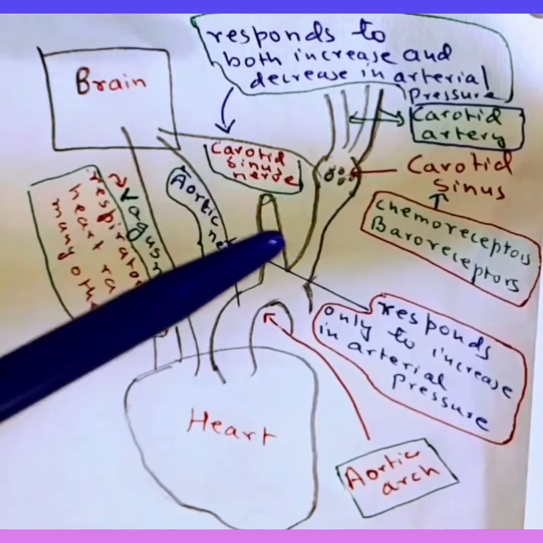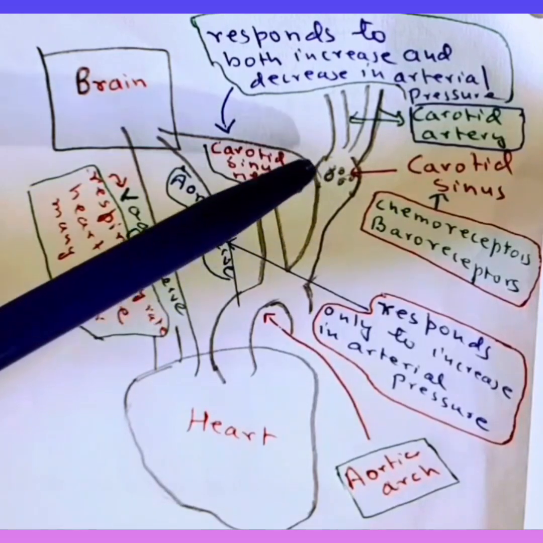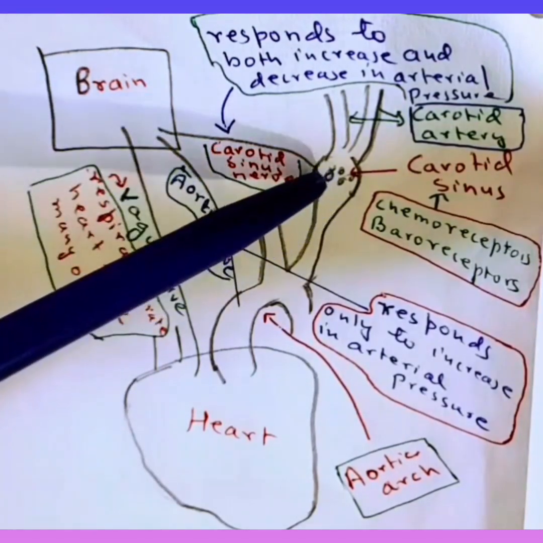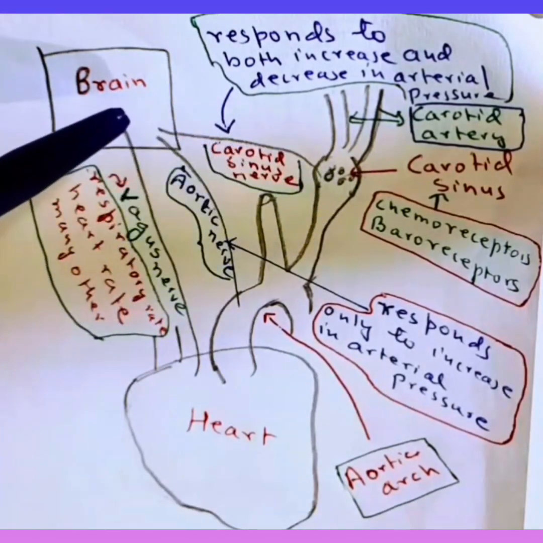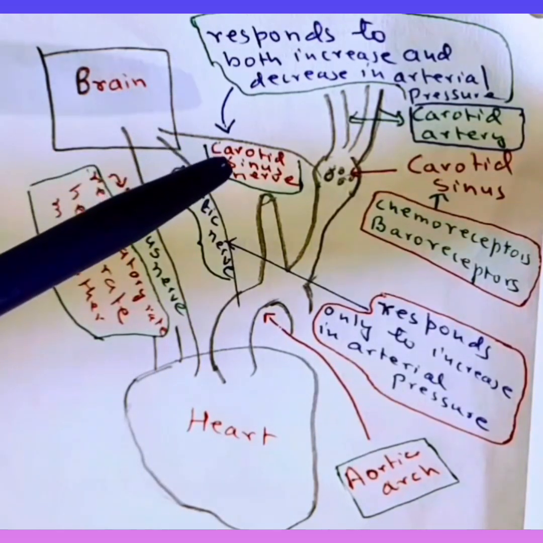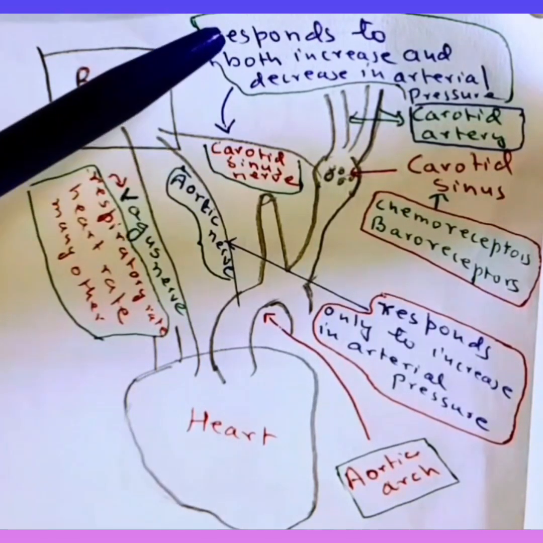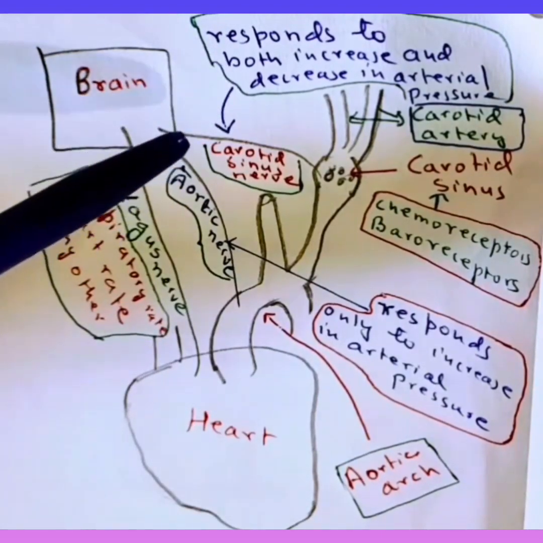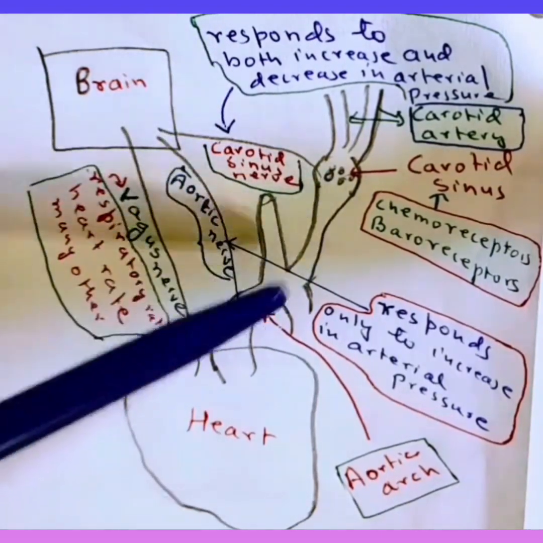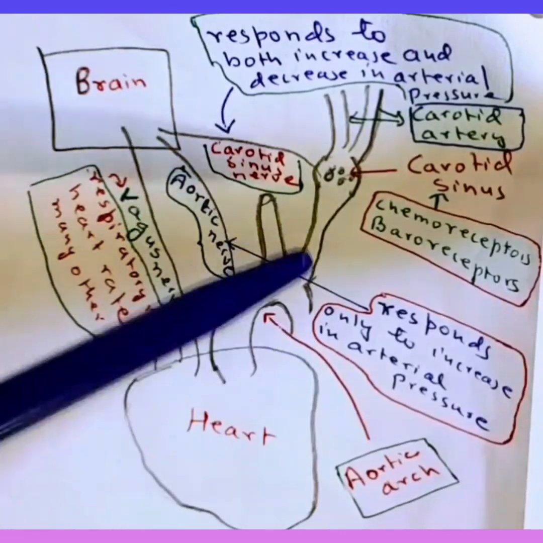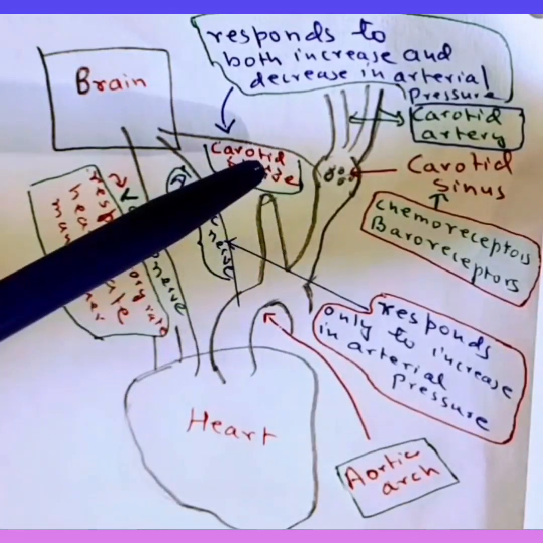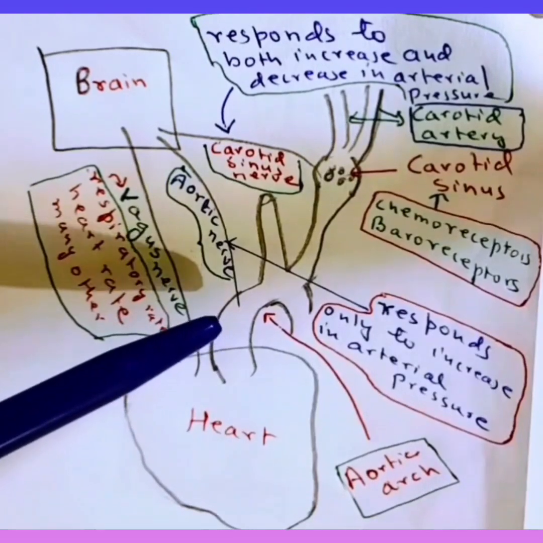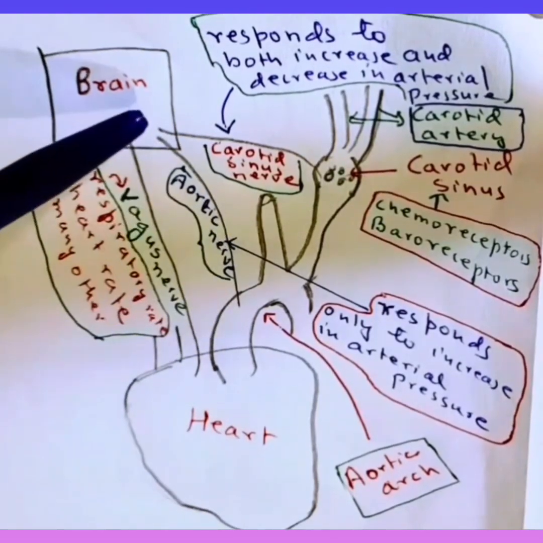Now, this carotid sinus nerve passes from here to the brain, and what is its activity? It is responsible for the increase and decrease in arterial pressure. Then we also have the aortic nerve, which